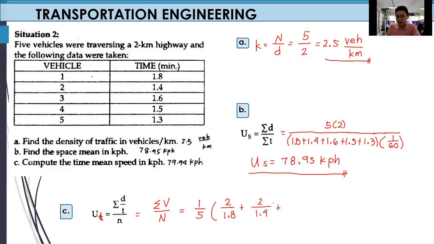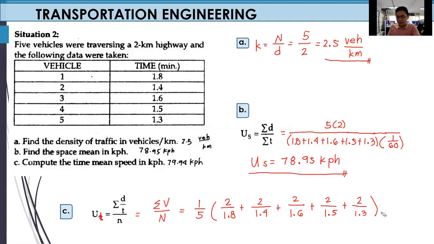You get the point. Yung 2 kilometers divided by its time, per vehicle. 1.4, 1.6, then 2 over 1.5, 2 over 1.3. Yan siya. Therefore, the answer would be equivalent to,